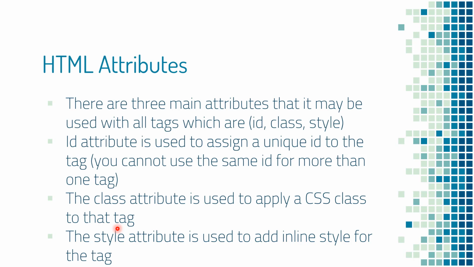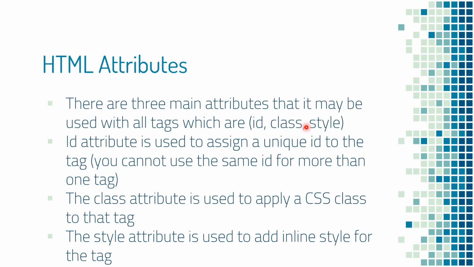But there are three main attributes that are used for, or inherited by, all the tags that we have. These three attributes are the ID, the class, and the style. Almost all the tags